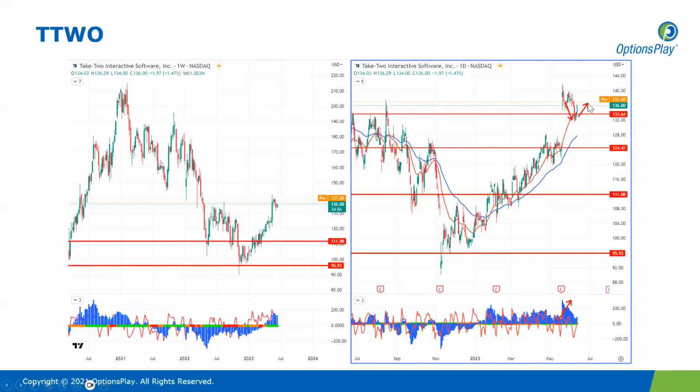We are seeing a bounce higher from that level, with price set to open a little bit higher this morning. On the weekly time frame, you can clearly see we are breaking the structure of lower highs and lower lows, with price breaking above this previous swing level at around 135. That is very encouraging for a continuation higher, potentially to around the 150 level. That's where I see a short-term take profit zone being. But if we see a break above 150, you're looking at around 180 as the next key area for Take-Two.